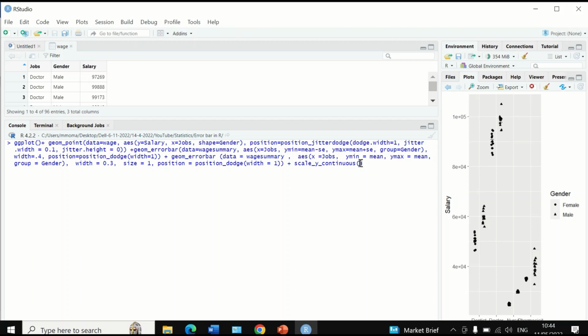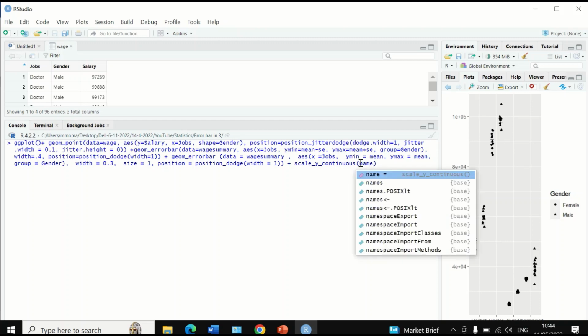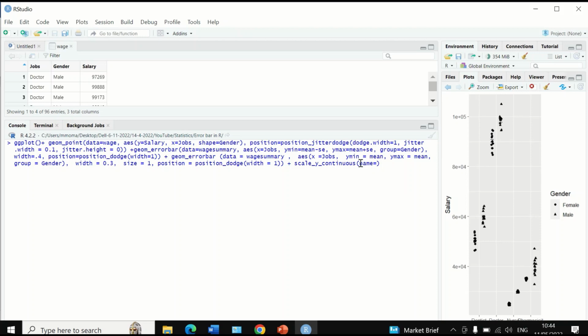Let's say here type name equal to quotation marks, since it is text. We'll call it wages earned per year or annually, and then